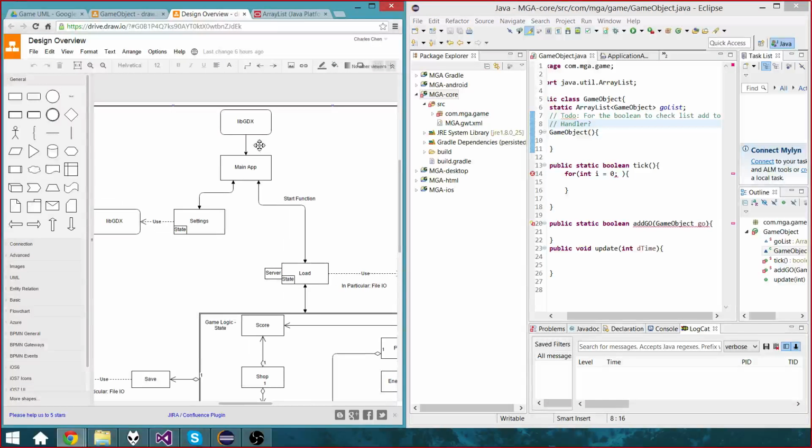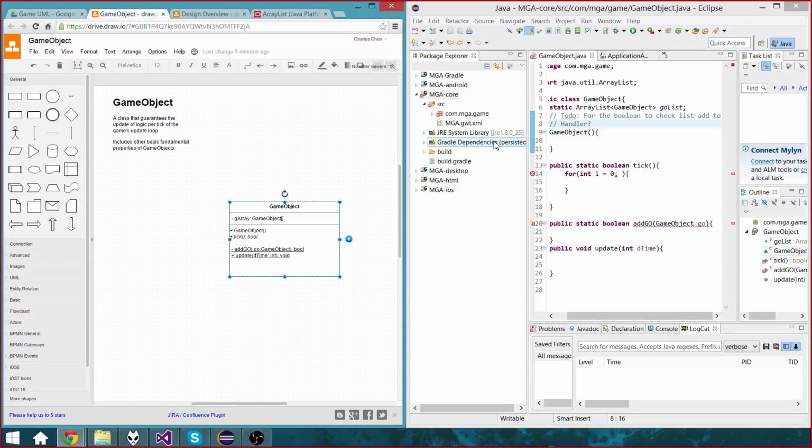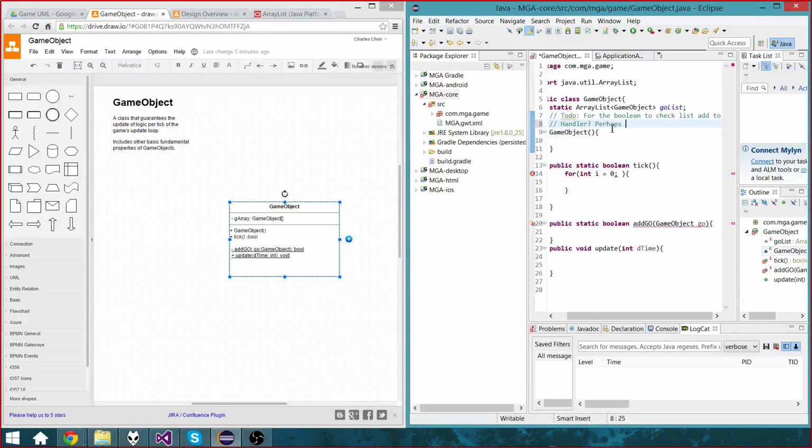Let's see, with our main application, the interfaces with libgdx. Inside there, we will have to add something similar to a texture or sprite handler. Perhaps we shall add game object